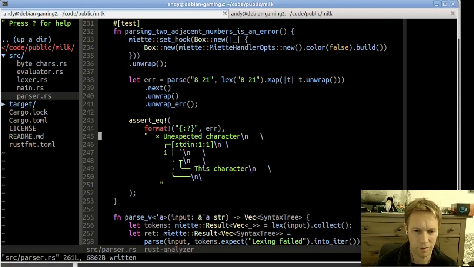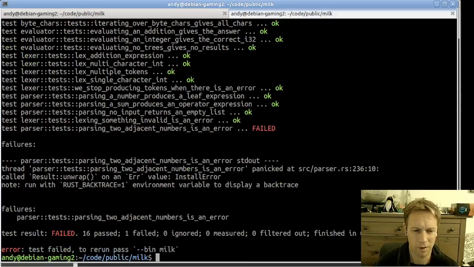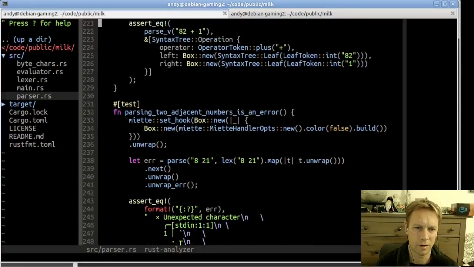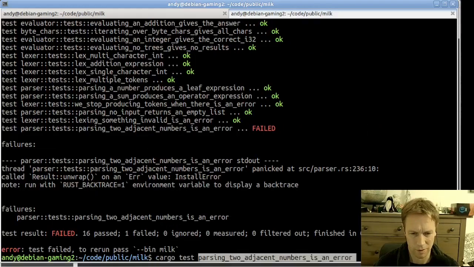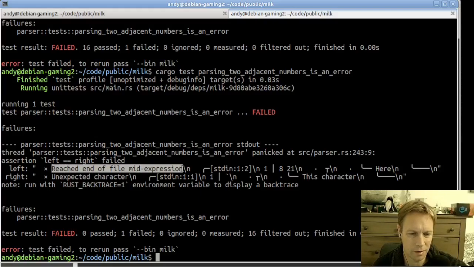All right, so now our error message is not going to look anything like this, is it? But it should give us an error message, hopefully one that looks right. We got that install error. Okay, it looks like this miette thing can only happen once, maybe, and we're doing it every time. So let's, for now, see if this test runs at all on its own. So we'll just run the test like this, and then we have to figure out how to do this with miette. All right, so look, it worked. And it said, reached end of file mid-expression. That's the error message we designed. And then it says, look,